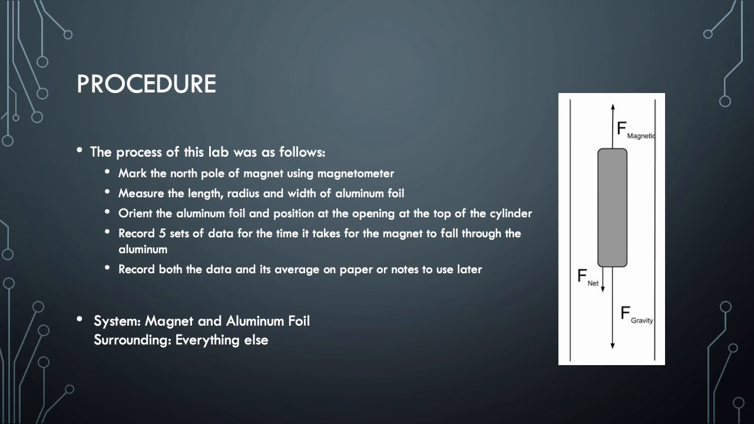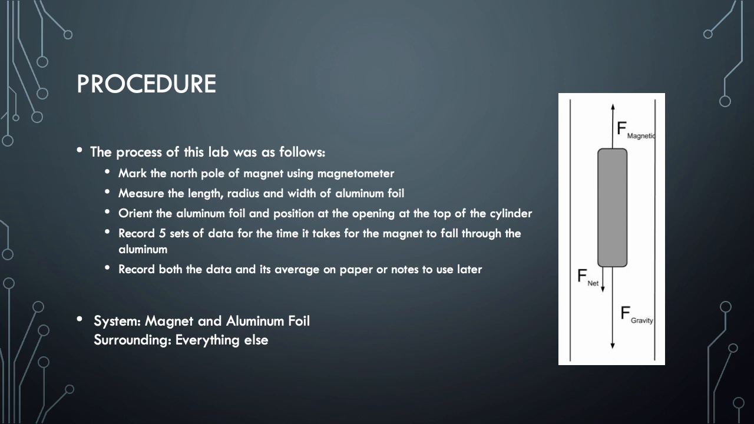As for the procedure, first, mark the north pole of the magnet using a magnetometer. I apologize if I butchered that. Secondly, measure the length, radius, and width of the aluminum foil. Third, orient the aluminum foil and position it at the opening at the top of the cylinder. Fourth, record 5 sets of data for the time it takes for the magnet to fall through the aluminum foil. And fifth and finally, record both the data and its average on paper and notes to use later and compare